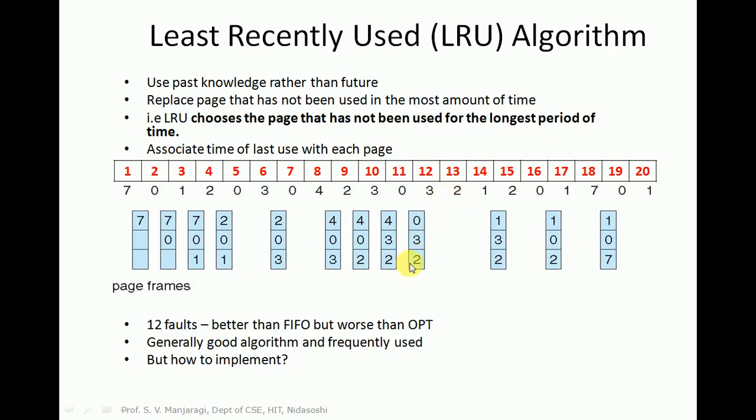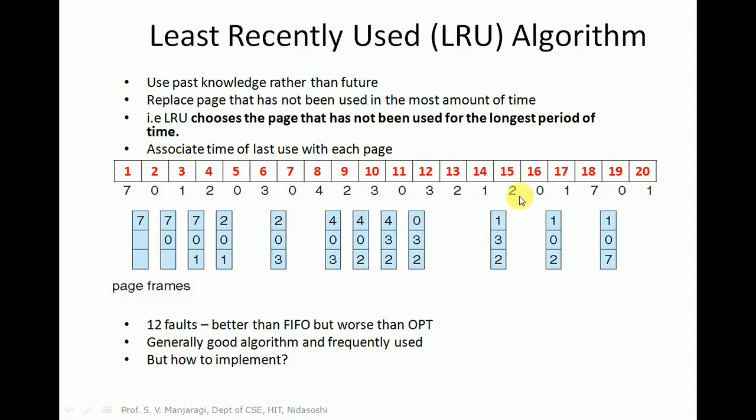2, it is already there in the memory. 1 is not there in the memory. No free frames left here. Go for the replacement. Among 0, 3, 2, which one do you replace? Okay, the most recent usage of the pages. Okay, 2 is the page used most recently. So among 2, 3, 0, 0 is the page which is not used for the longest period of time. So 0 we choose for the replacement. So 0 is replaced with 1 here.